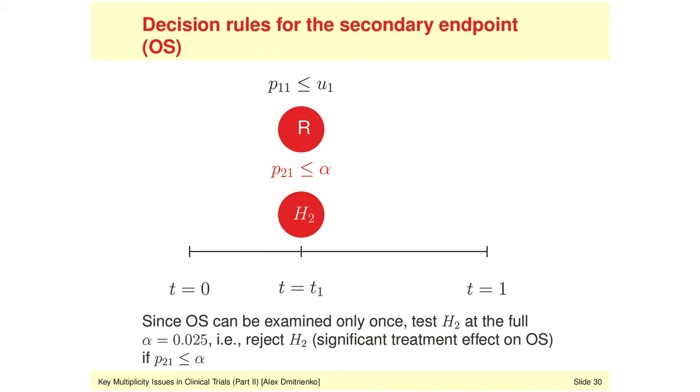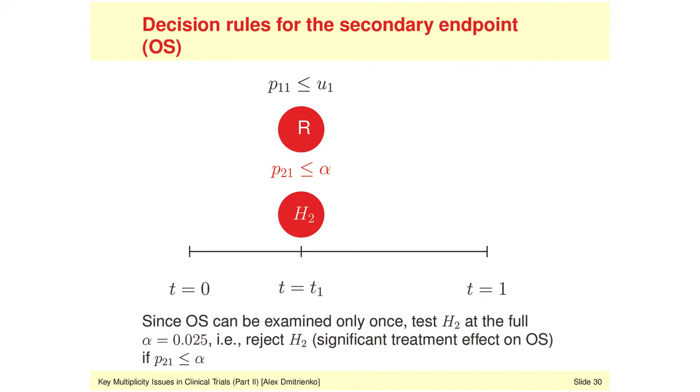I think it will be instructive to begin with a naive approach, and then I'm going to show you why this approach fails. And after that, I think we will be ready to consider the appropriate approach that actually controls the overall alpha with respect to 2 decision points and 2 endpoints in this clinical trial. The naive argument goes like this. We're going to assess the treatment effect on overall survival only once. This is going to happen only after a significant PFS effect is established, and therefore we can spend all of the alpha on testing the hypothesis H2,